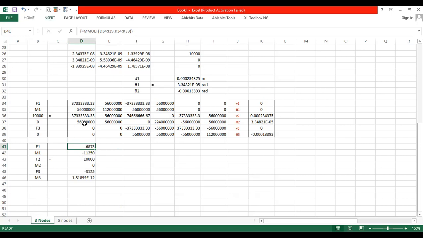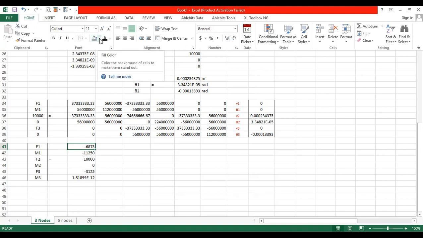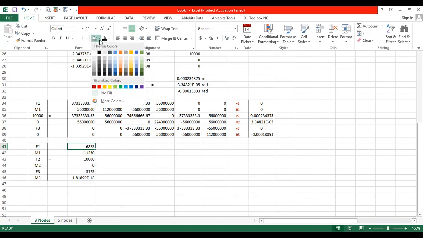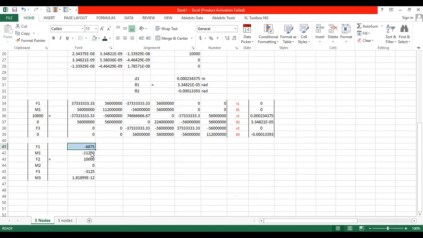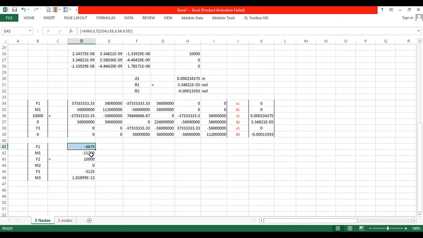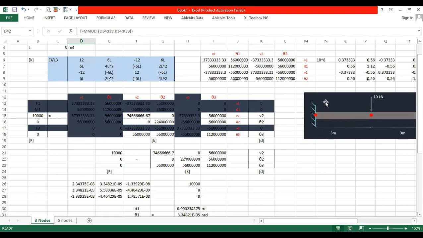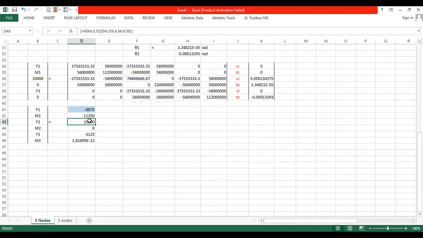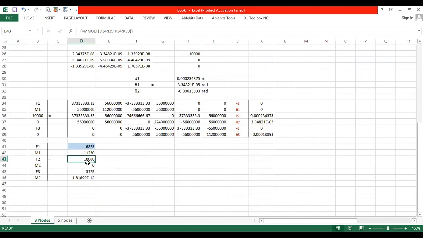Because we took positive in the downward direction, forces and displacements have the same sign convention. If it is downward, the force is positive, and downward displacements are also positive, right? And clockwise rotations are positive, clockwise moments are positive. Okay, so this force is 6,875 newtons. So the bending moment is 11,250 newton meters. It's in the anti-clockwise direction, and that should be, because the load is acting this way, it's an anti-clockwise bending moment. And force 2, we know, is the external load, and moment 2 is